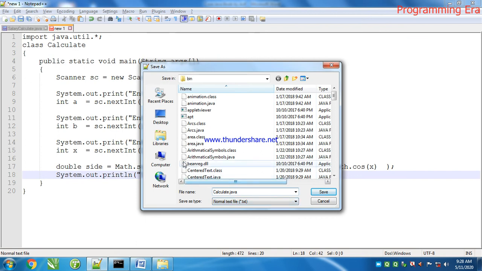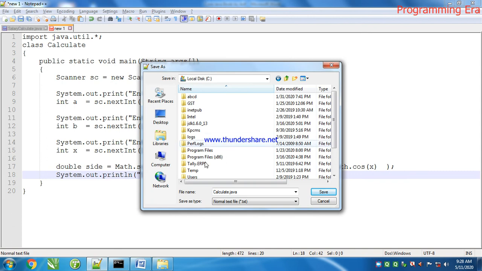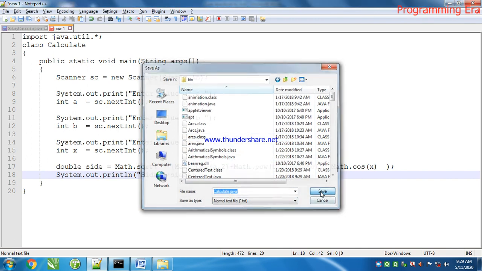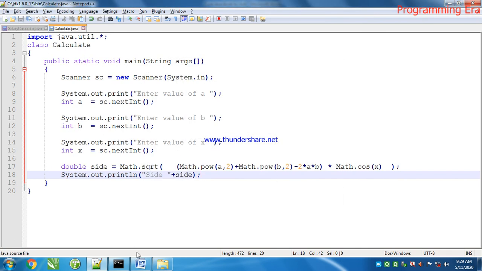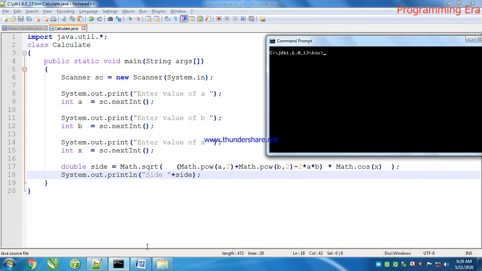Calculate.java. We will save this program in the JDK bin folder. We will go to My Computer, C drive, JDK bin. To run a program, JDK must be installed on your computer. Now we'll open the command prompt. First of all, we'll go to JDK: cd jdk, tab, enter, cd bin, enter, and javac